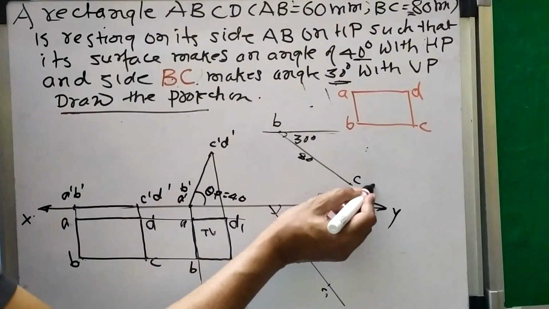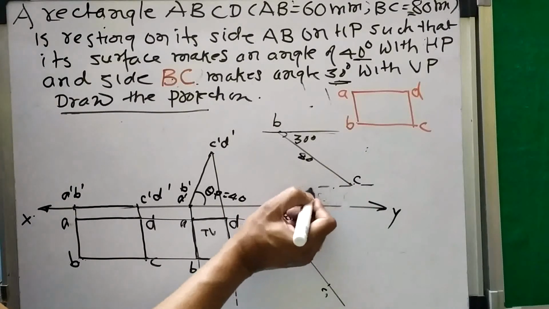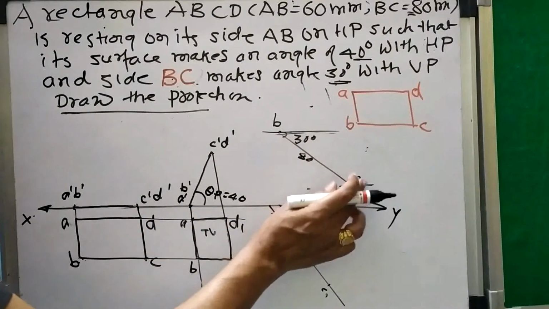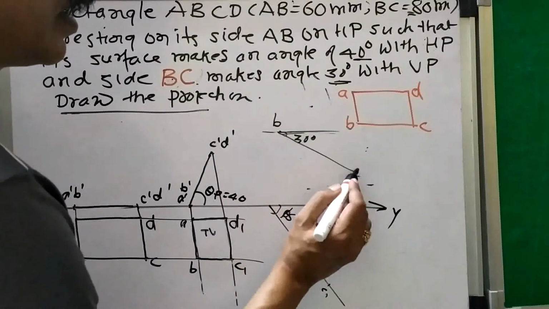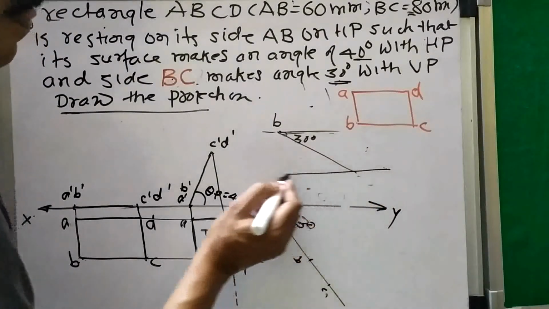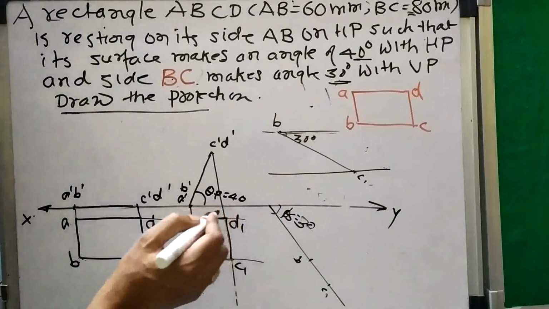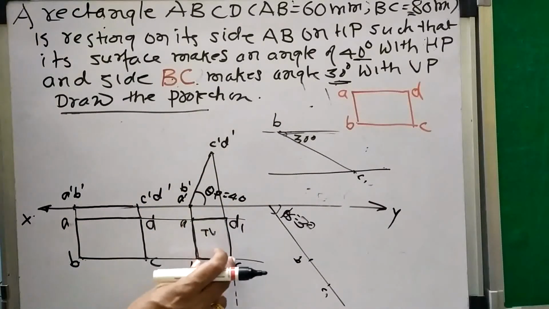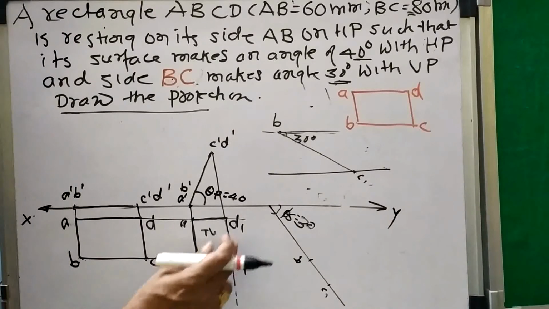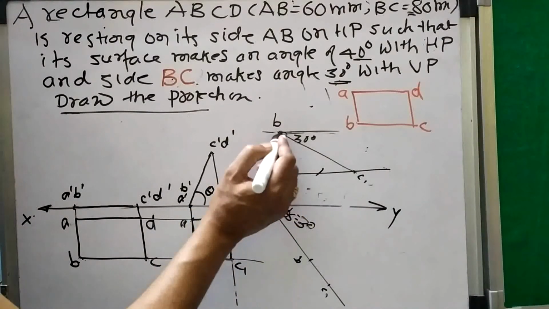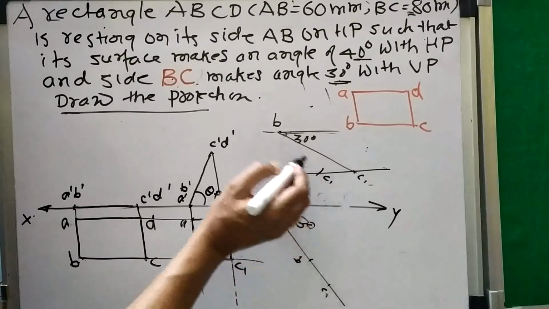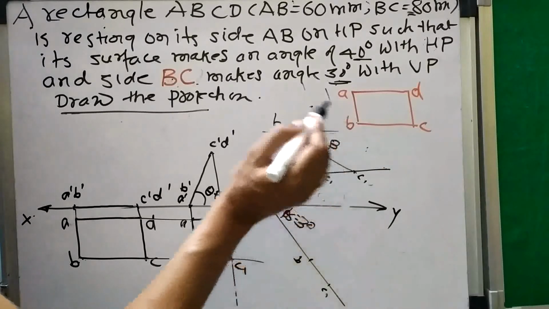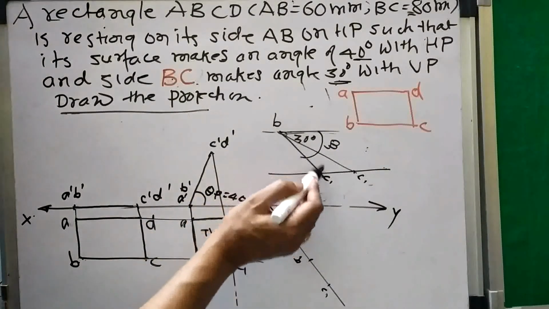So this is 80 mm. And then from this I will draw one locus line. This locus line should be parallel to this horizontal line. And so this is the 30 degree angle. This is B1 C1. And then you can take this B1 C1 in the compass and cut from this B1 C1 here and join this. You will get this beta angle. Now you got the inclination of B1 C1.